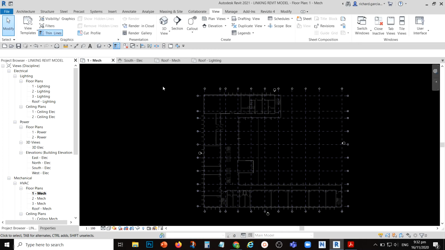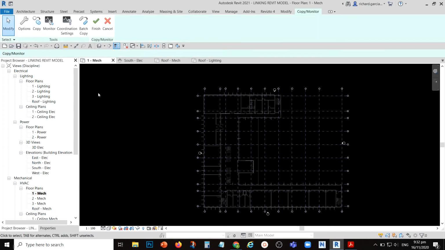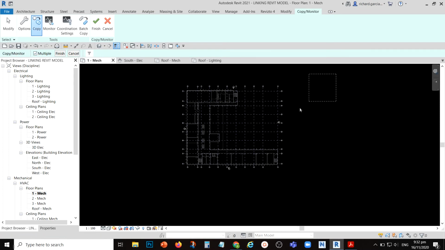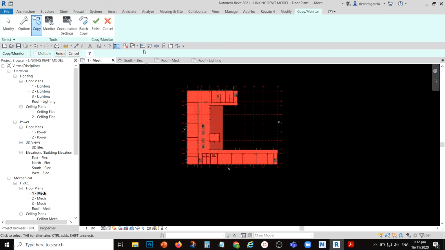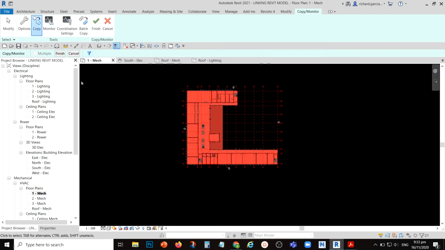Okay, so to do that, you can just go back again to collaborate, and then you can use copy monitor again, select link, select the link model, and then we are going to copy and then multiple selection. Okay, so let's use crossing selection, and then make sure you filter that because we only want to select the grids. So filter that, check none, grids, then okay, and then finish. Okay, so finish,